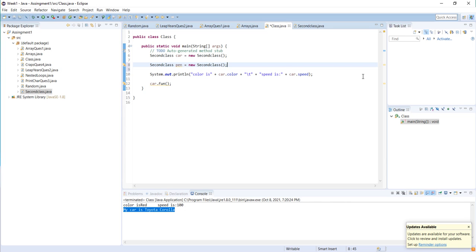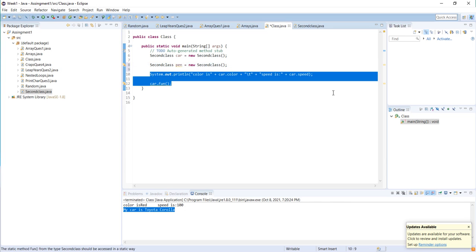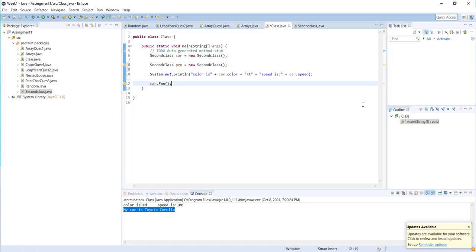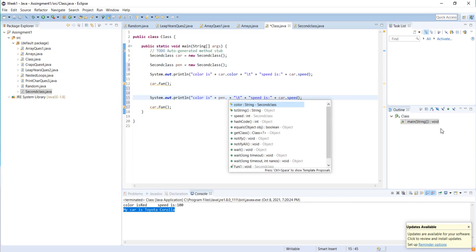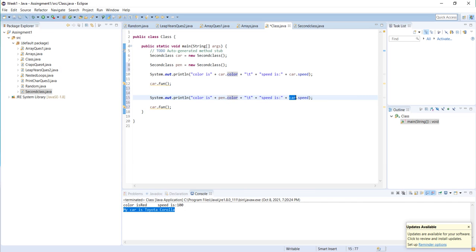If I copy paste this code and change this to pen, just to show you, I'm gonna do pen dot color. I can change it to pen dot speed, and then pen can also call the function called fun.